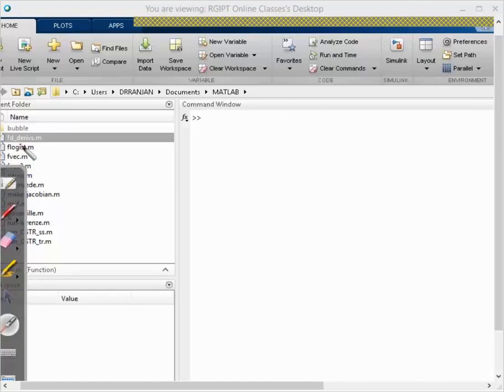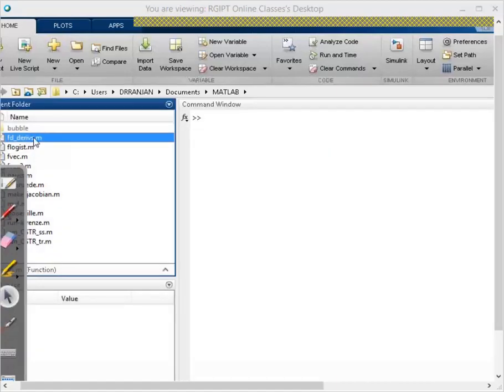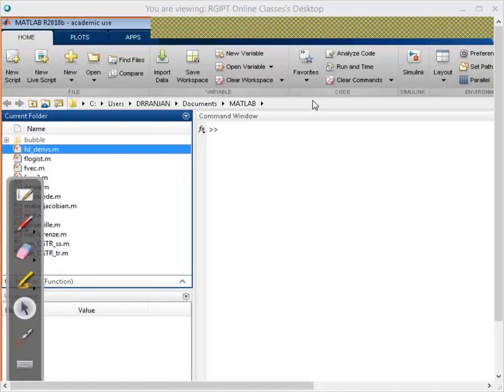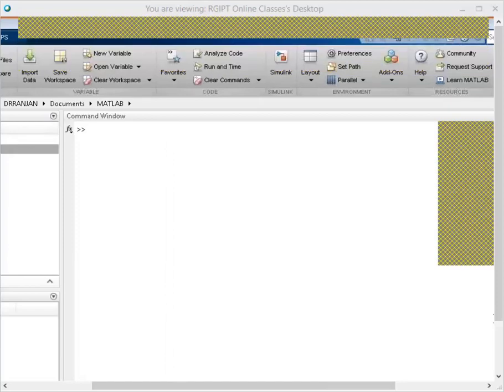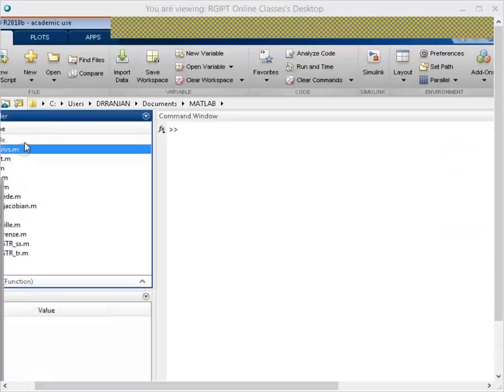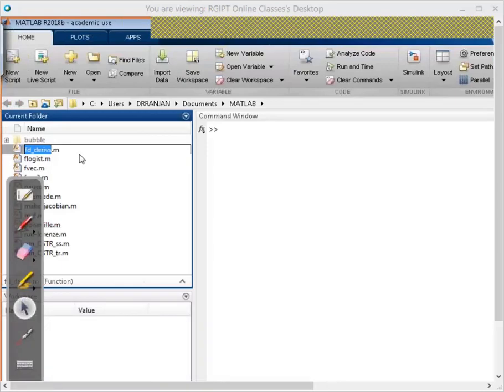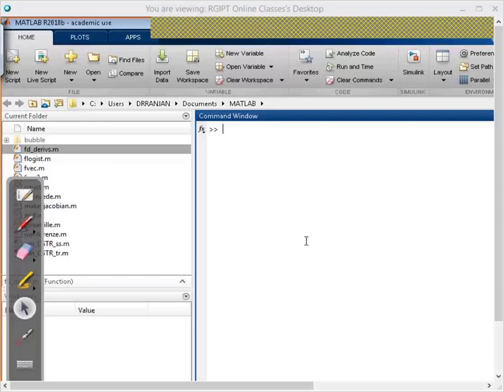Let me say I open a file. That's the first one I'm going to open, fdderivs.m. Can you all see this? Are you all able to see the MATLAB window and this FD derivs file? Okay, all right. So if I just double click on this fdderivs.m, this will